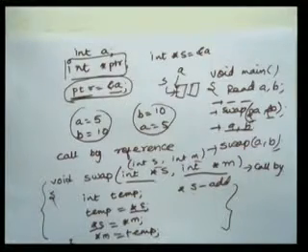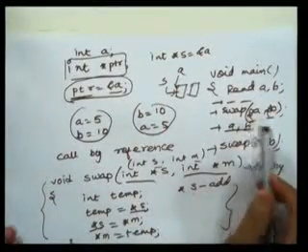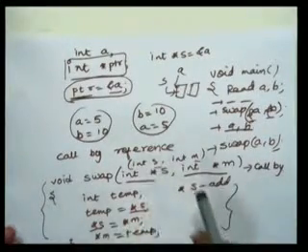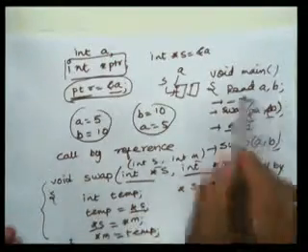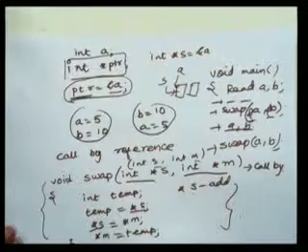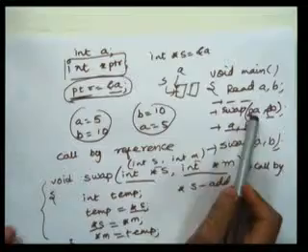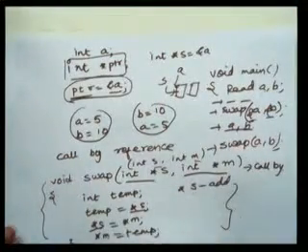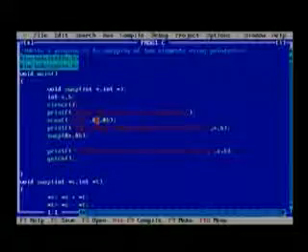So try to explain it this way: call by value, when any arguments are passed, the copy of that value will be given to the called function, right? And it is working on a different memory location. So whatever changes that you will do inside that function will not be reflected back. In the other case, when you are doing call by reference, you are passing the reference or address of that variable. So the called function is going to work on the actual memory location. So whatever changes you will do, that will be reflected in your calling function, right?